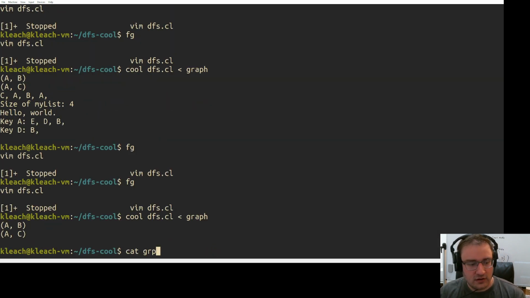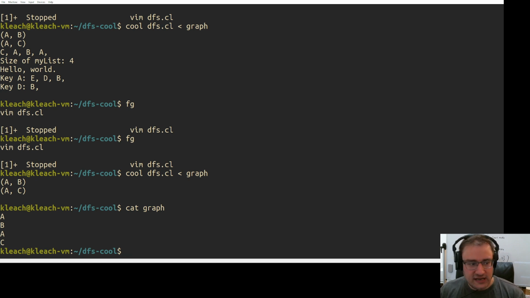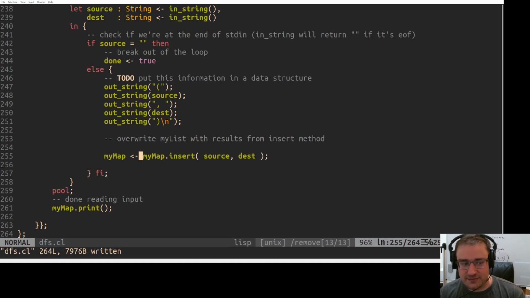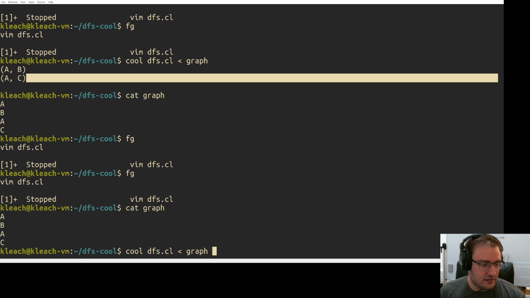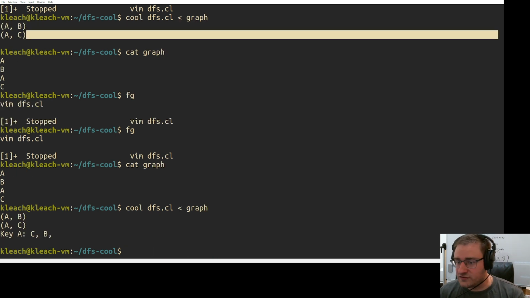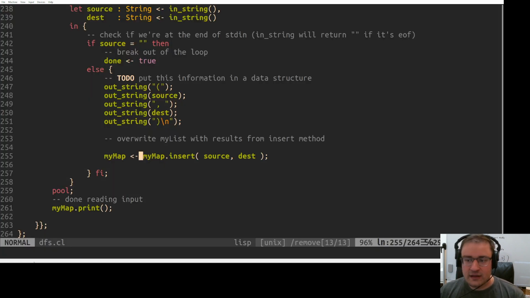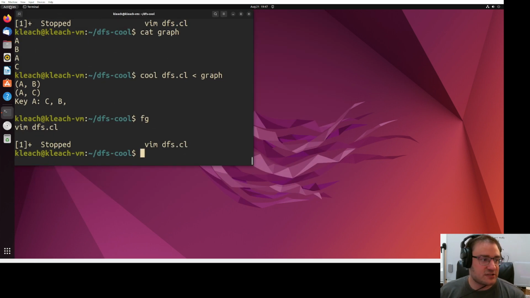Great, right? So remember, our graph had two edges, A goes to B and A goes to C. Well, it's printing that out. It doesn't seem to actually be, oh, I see. We need to update my map with the result of insert. Up arrow more. Okay, great. So remember, I have two edges in my graph. A goes to B and A goes to C. That is reflected with this map that has one key and a two-element list there. Great. Maybe I should have a more complicated graph, and this will also help since I want to test an